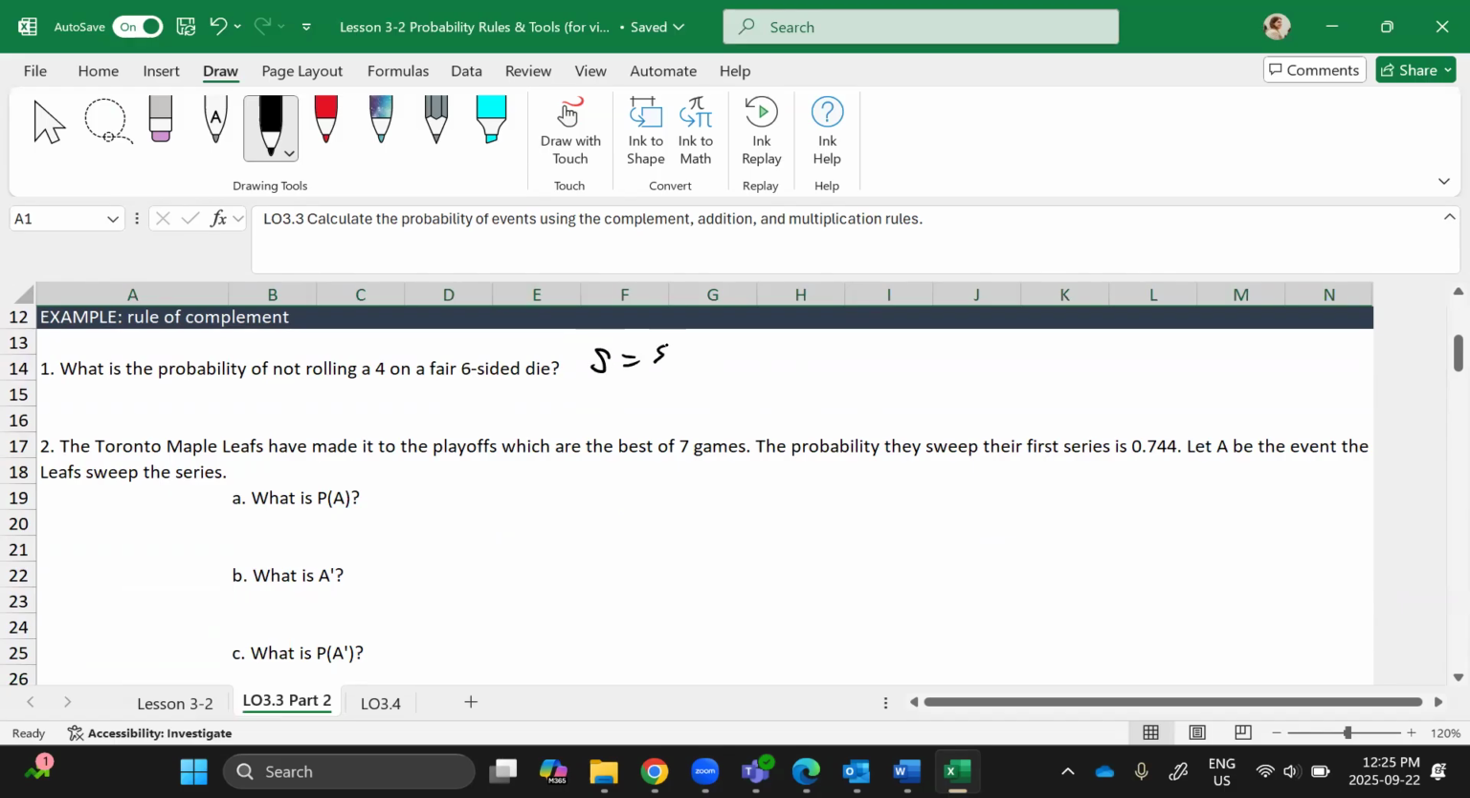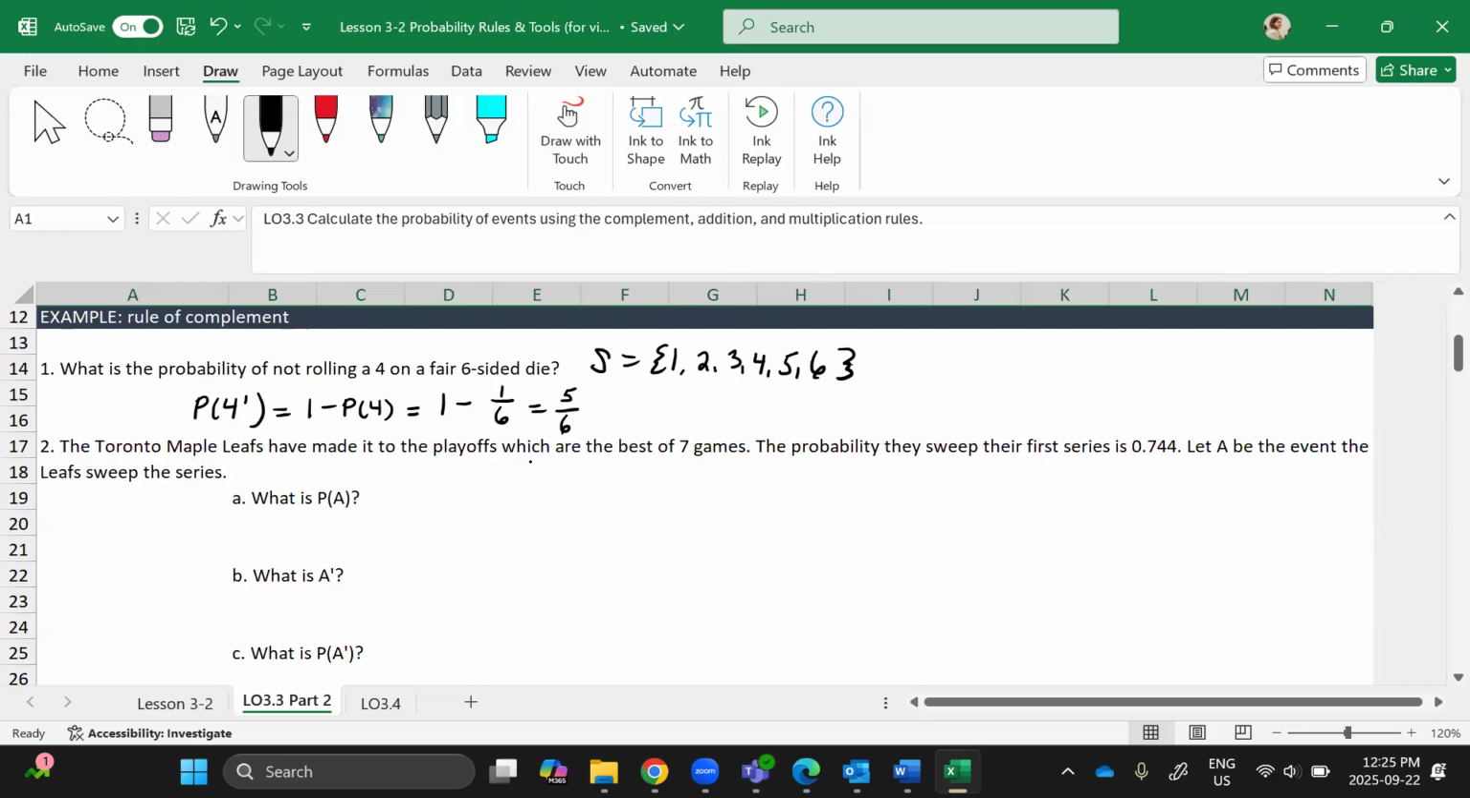We know the sample space is 1, 2, 3, 4, 5, and 6 for rolling a fair 6-sided die. If we want to find the probability of not a 4, so I do 4 prime to mean not 4, the rule of complement says you can find that by doing 1 minus the probability that you do roll a 4. The probability of rolling a 4 is only 1 out of the 6 options,